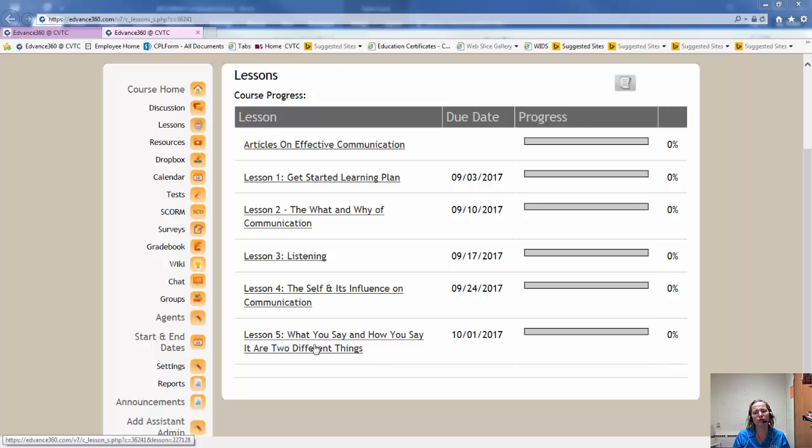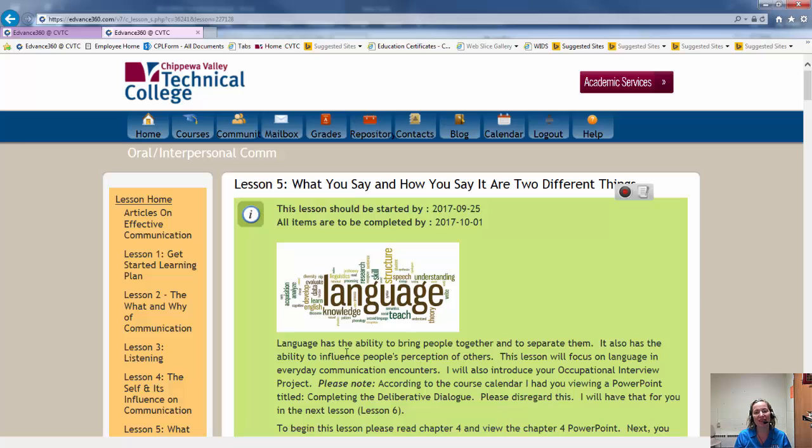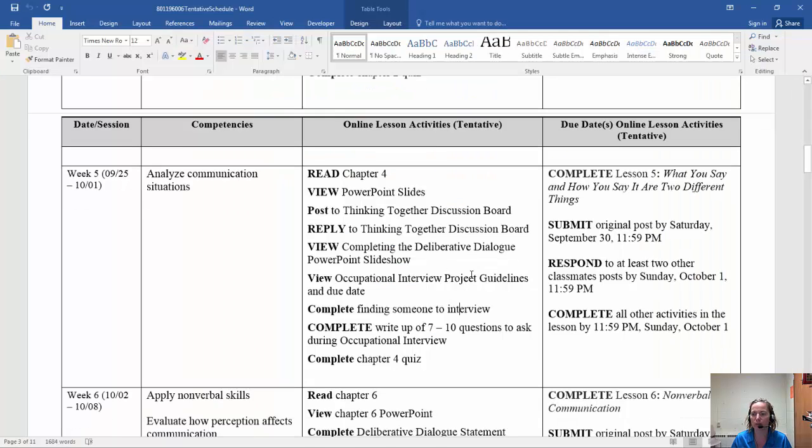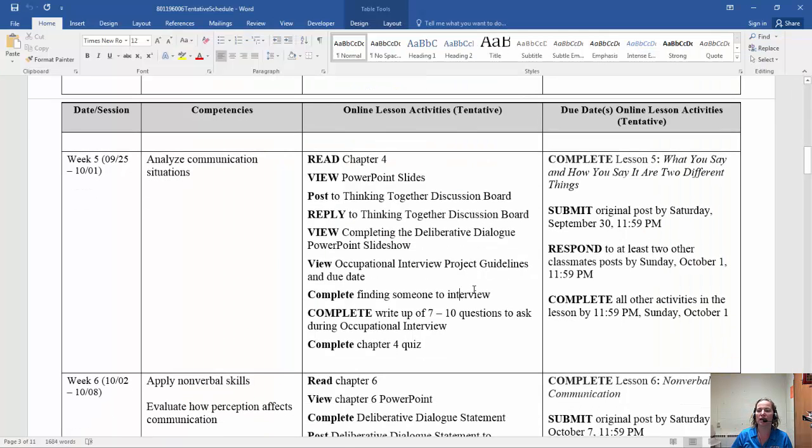What you say and how you say it truly does affect a communication interaction. This will be our focus for lesson 5, titled What You Say and How You Say It Are Two Different Things. You will note on the course calendar that I stated that you would be viewing and completing the deliberative dialogue